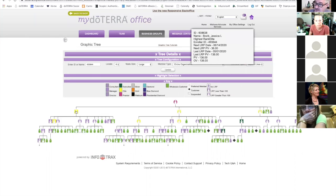If I hover over somebody, it shows me a little highlight. So I'm going to just keep picking on you, Jessica, because I know you're here and you're a good sport. If I hover over Jessica, it shows me her highest rank is elite. It shows me who her enroller was by an ID, her next LRP when it's scheduled to be, what her last LRP was, and what her OV is. So remember, we're early in the month, so her OV is going to be kind of low. So that helps me just kind of have a glance without having to click and follow through somewhere and see where she's at. But if I do click on her,